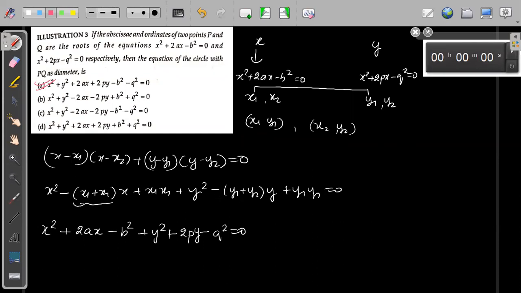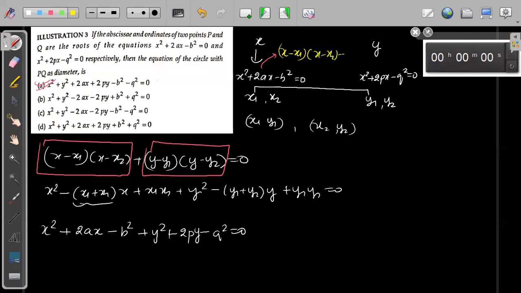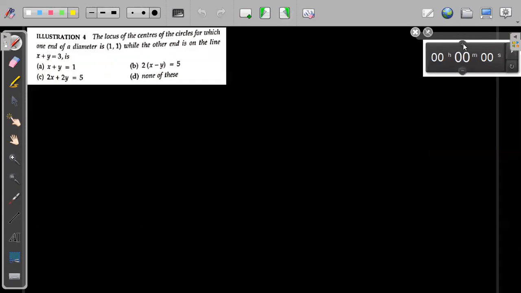Yes, Girisha, it is something like that, because here the roots are x1, x2 and here the roots are y1, y2. Because here the coefficient of x is 1, this equation can also be written as (x minus x1)(x minus x2) equal to 0, because these are the roots, and this can be written as (y minus y1)(y minus y2). Because the roots you will get is y, we can just add this equation. That is what they have. We can get directly. Okay, fine, very good.